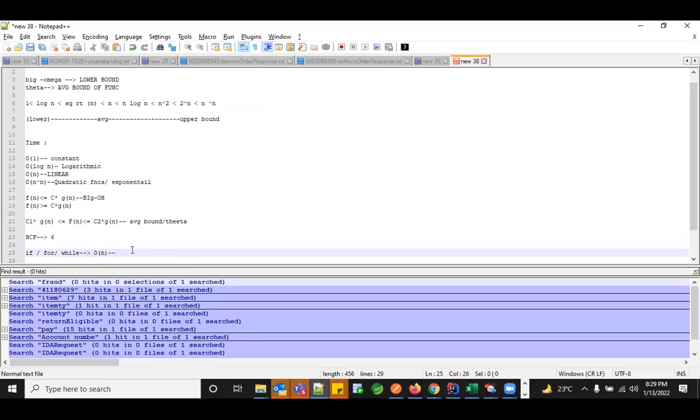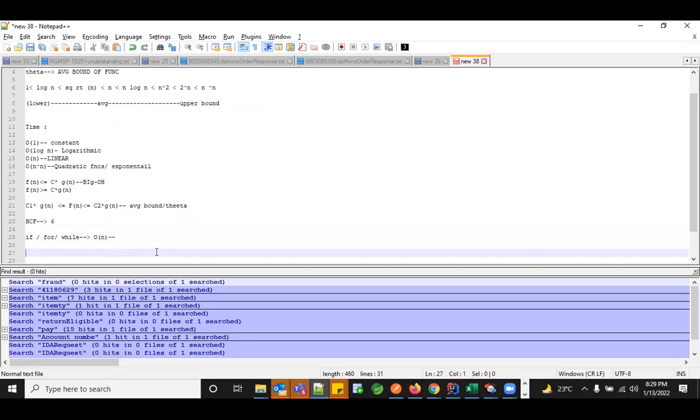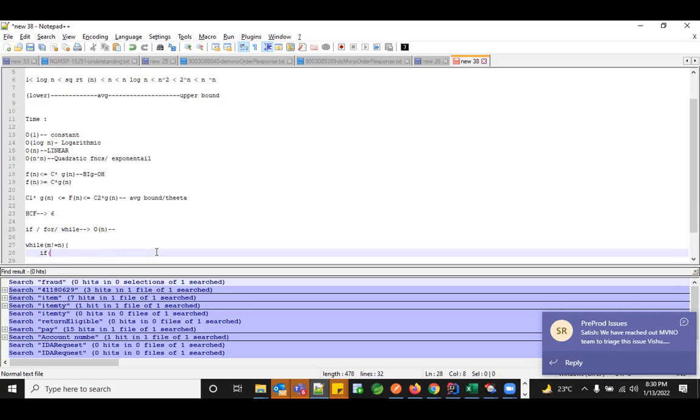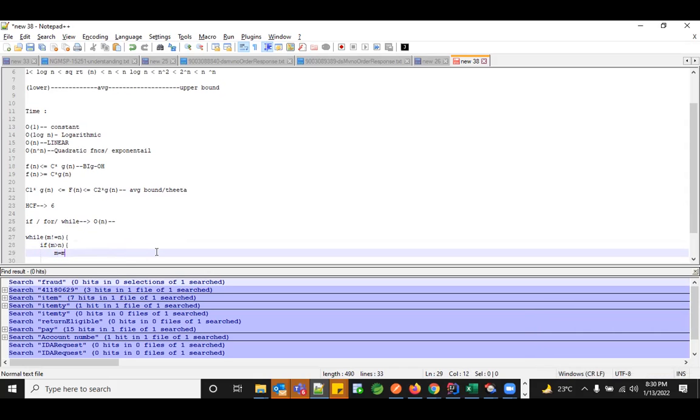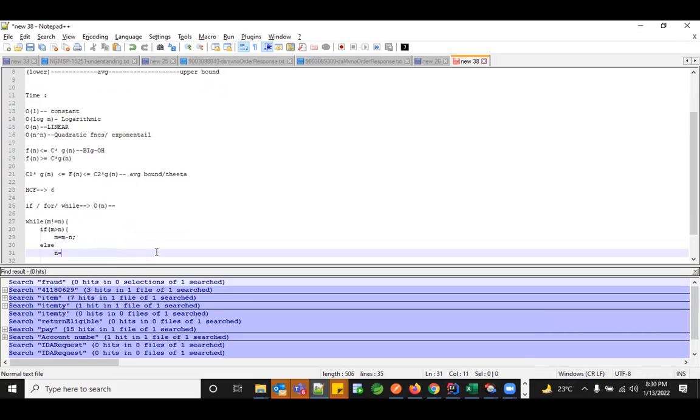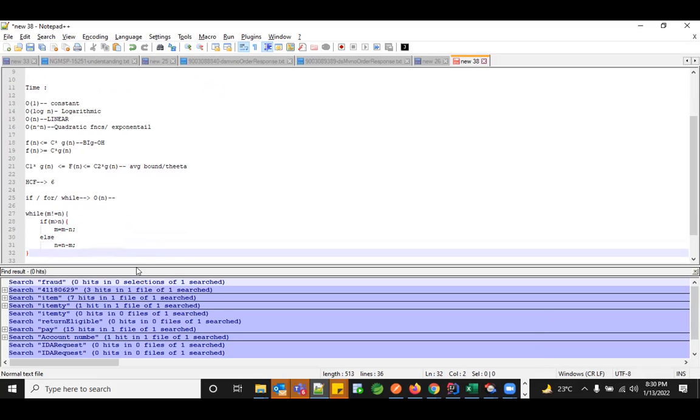One more question: what do you mean by if loop? Do we have loops with this? Yeah, so for example, I can do this with my while condition. Since I'm getting two factors, I'm comparing for the GCD or HCF. So I'm going to check whether my m value is not equal to n. So let's have this as my first condition. And then I'll check whether my m value is greater than n or not. In that case, I'll subtract and get the final result set. Else I'll do it the opposite way: n equal to n minus m. So this is my basic logic to achieve the highest common factor, right?